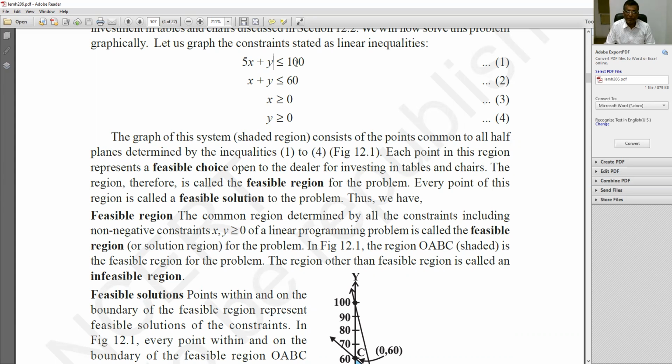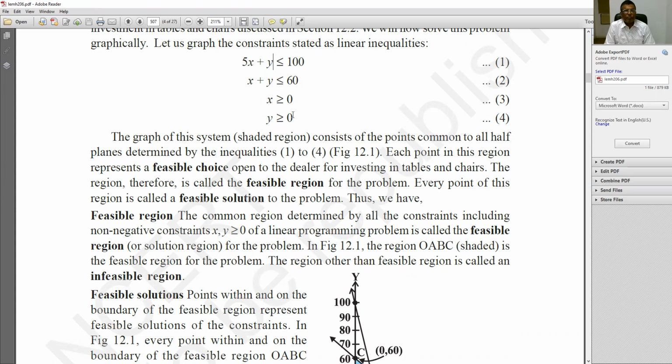Now, one thing that is very important for you to understand before going to the solution of these numerical problems: this is also a numeric, this is also a numeric, and this is also a numeric. So this is a simple numerical problem, but it is a composition of different numerics.